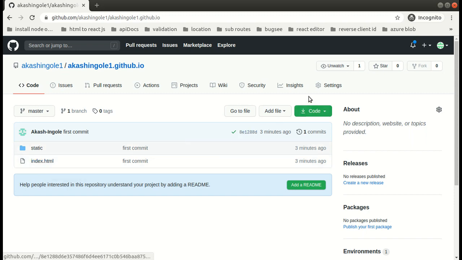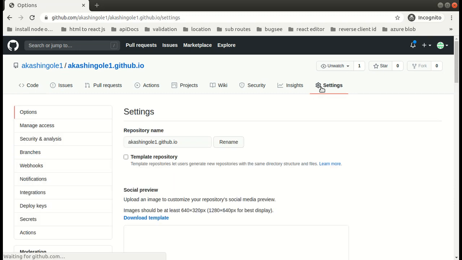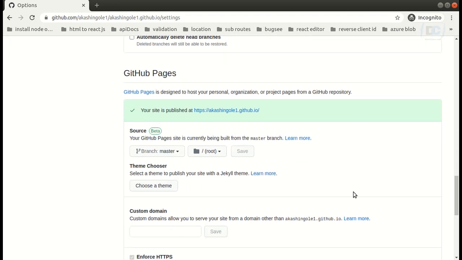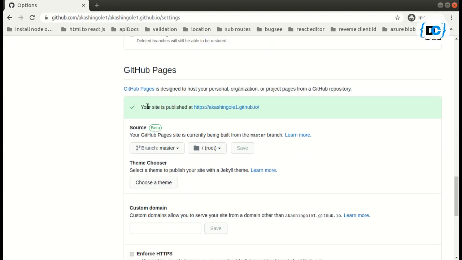Let's go to settings. Here we can see our site is published at https://username.github.io. It has automatically taken the code from the master branch and published it to this URL.